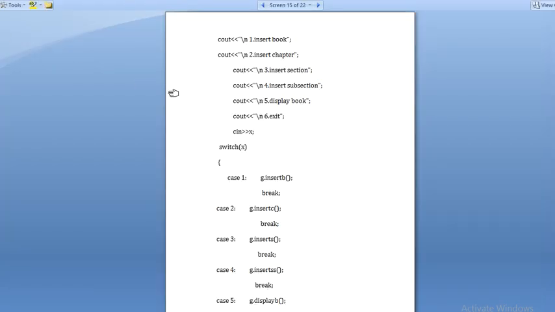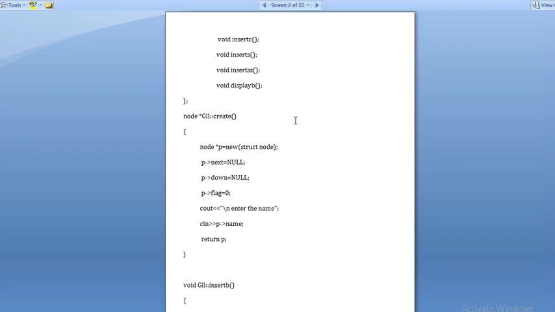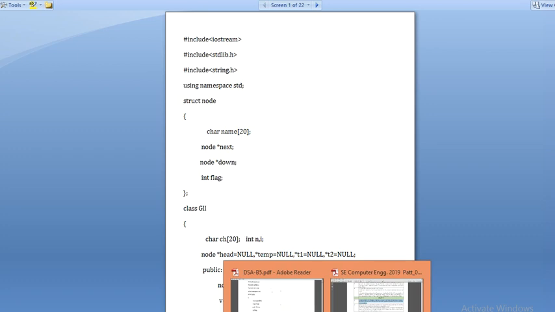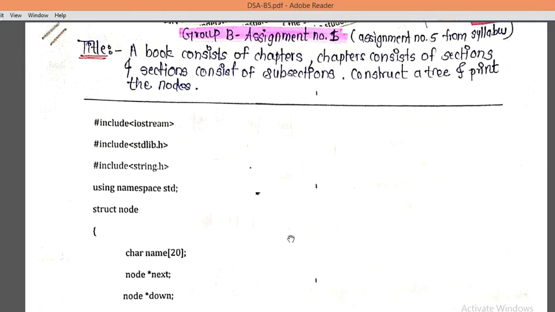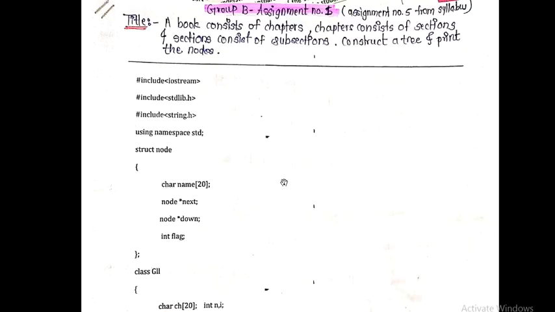So here is this assignment, the 5th assignment from group B, and we have to execute it. But for the purpose of understanding, I have already taken a printout of this assignment, and I am going to explain using it because I have already put some comments on it. Some writing material is available on these pages so that you can easily understand the concept. So we are going to understand this assignment.